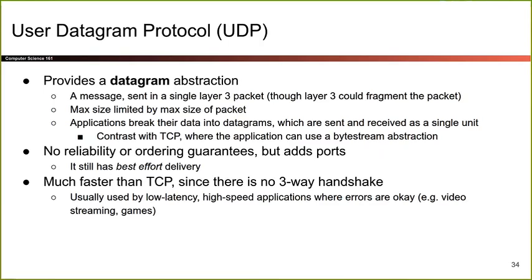Or maybe like a game, right? If a packet doesn't show up, you don't want the whole game to freeze up waiting for a single packet to show up. You want to just say, yeah, forget it, drop that packet. Let's just keep going as fast as we can. So video streaming, Zoom uses UDP, I bet, games, stuff like that. So if you're looking for speed and you don't care about a couple of packets getting dropped and you don't want to wait for the handshake and stuff, UDP is the way to go.